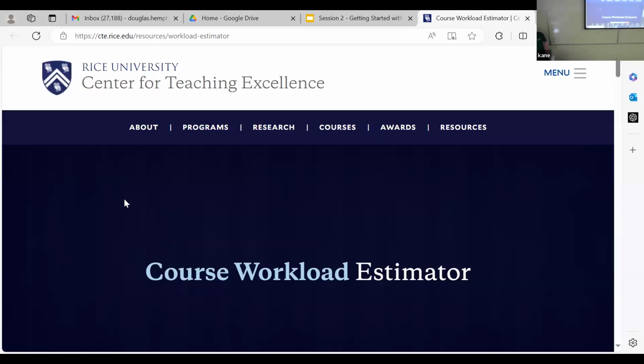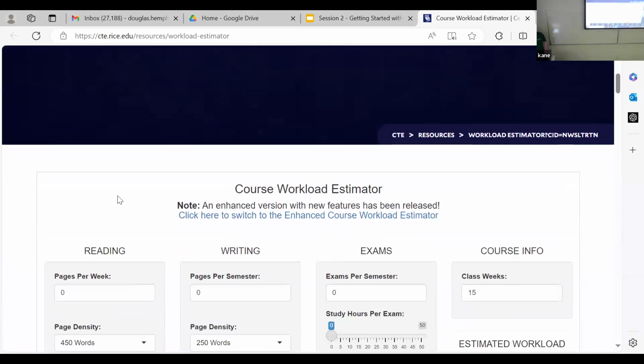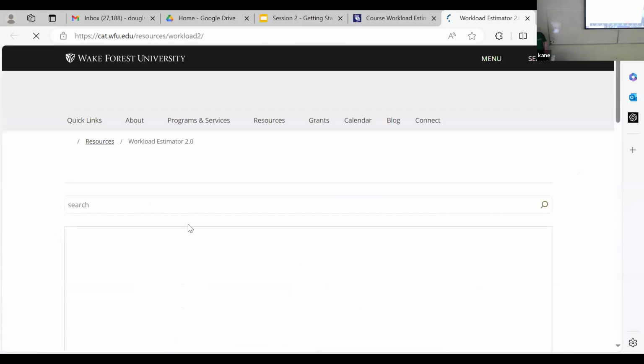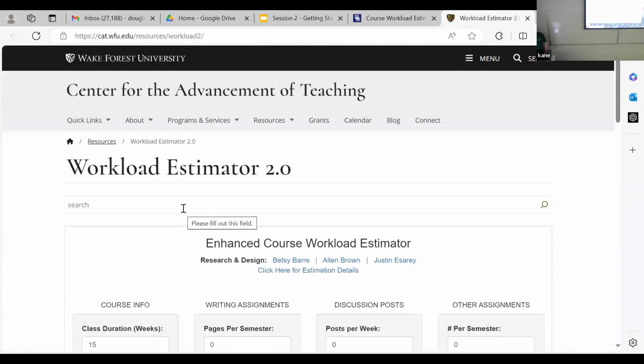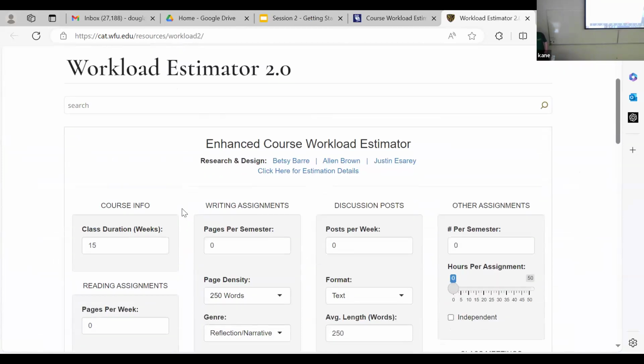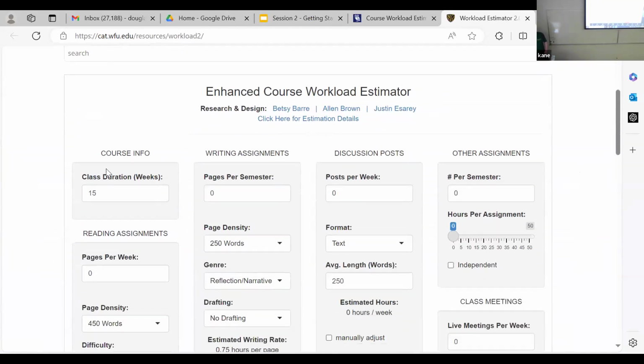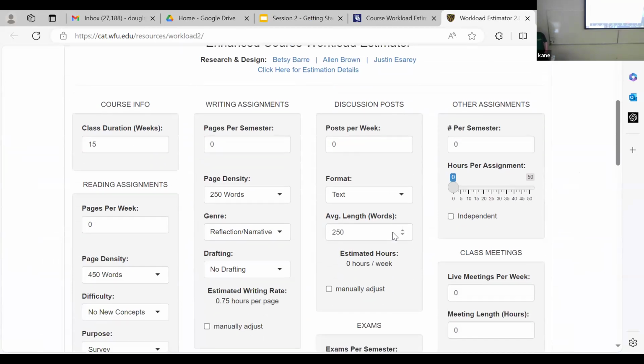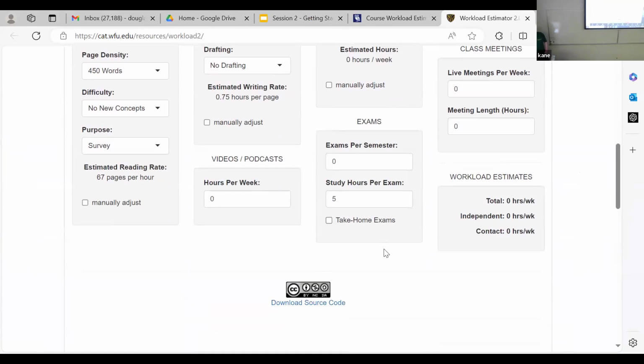But this is a course workload estimator. And there's actually a newer version of that that just came out. And that is the link that is in the companion course. But basically what it lets me do is put in information on the course, put in information on what I'm thinking about for assignments, and it will give me a total workload estimate. And using that,